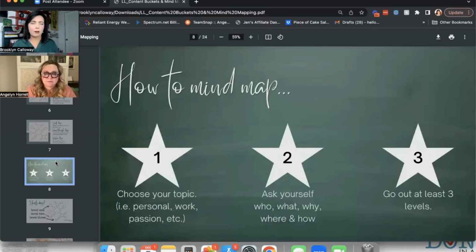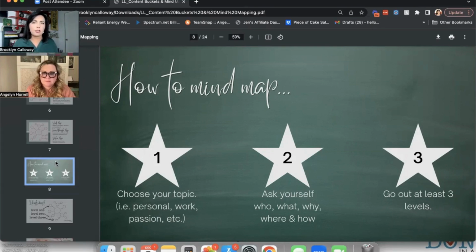So we kind of talked about a deeper dive on what those three buckets of information should contain, and what that information is going to do for you when you post about it on your social media, or what it's going to provide to your clientele and then what they're going to do in return for that. This is actually how to mind map each of those topics within your bucket, whether it's a personal brand or a business brand. You do it the same way.